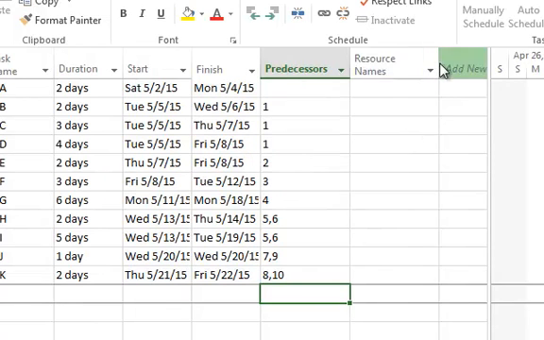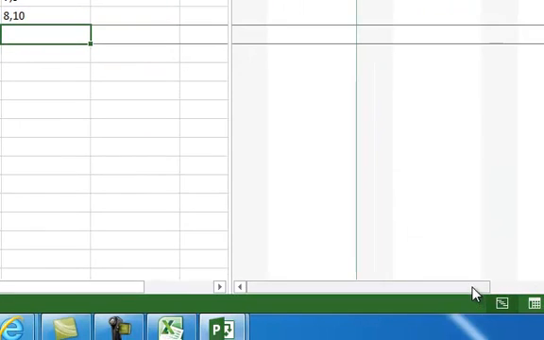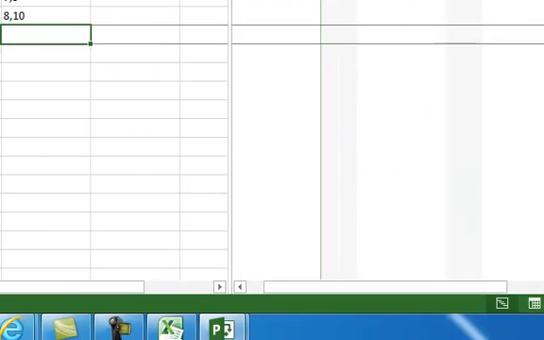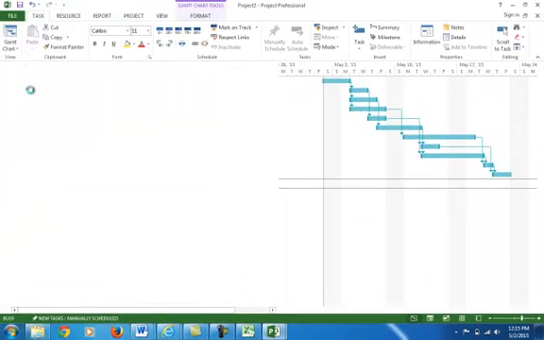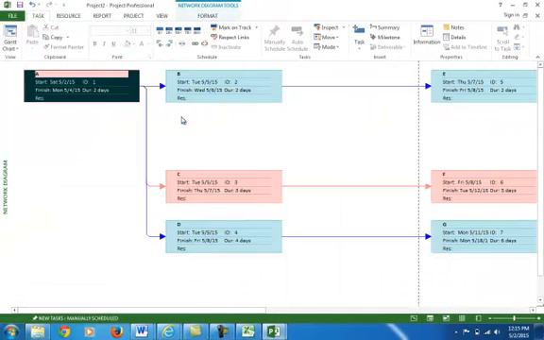Right now, I don't have anything set as far as critical path, otherwise I would see some changes in my Gantt chart view on some of the bars. A way you can look at if you do have a critical path set is you can click on the Gantt chart and click on network diagram, and it will change to a network diagram, and you can see that I have some red tasks